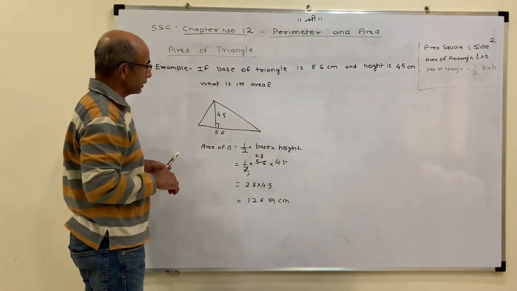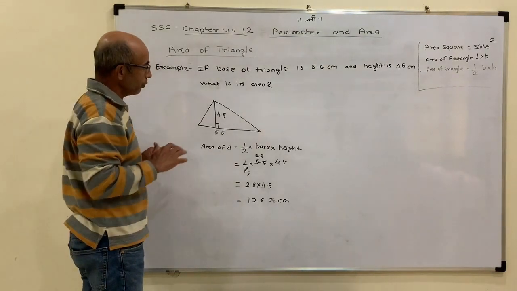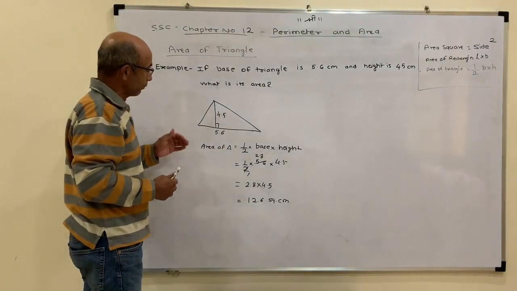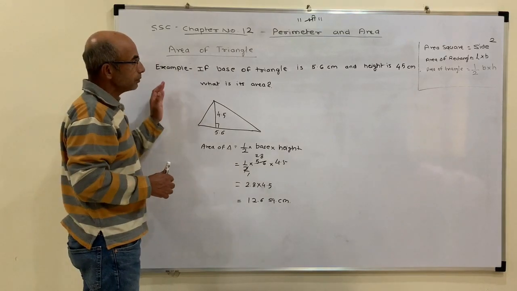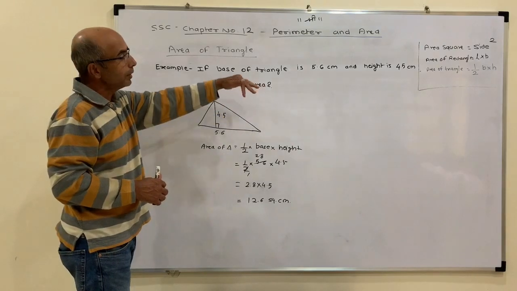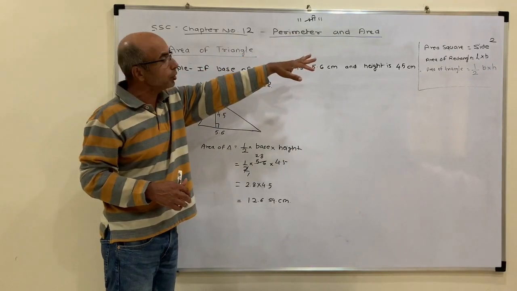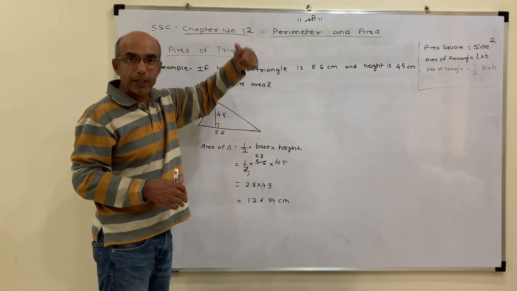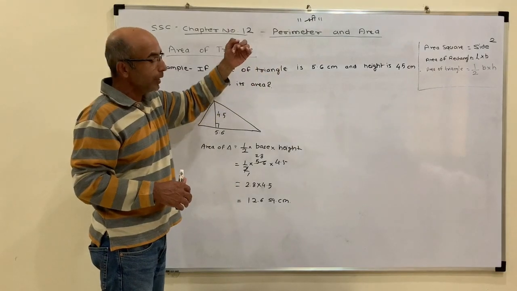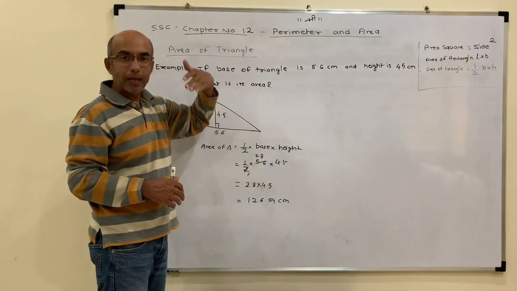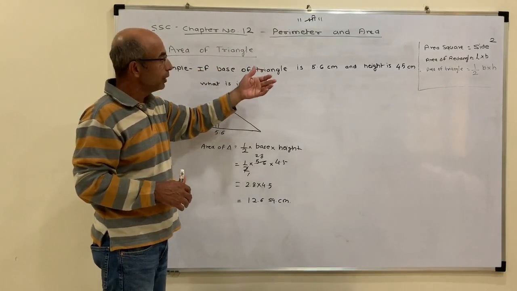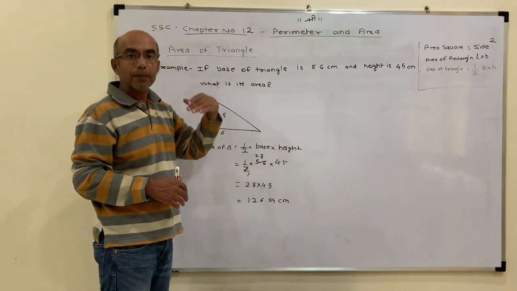So let's understand this again. We have formulas, so there is nothing new we are going to find out. The important thing about this chapter is you need to learn those formulas by heart. That's the reason I have kept those formulas in the corner all the time. You as well need to make a list of formulas on the last page of your notebook and learn them by heart every day, so by the time of the exam you don't have to refer anywhere.